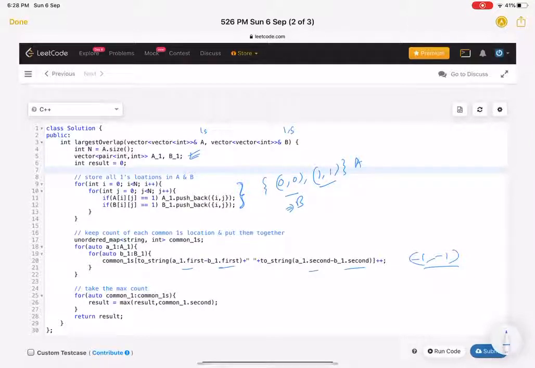You can see by concatenating these strings I am creating a key for the unordered map here and just incrementing it, right? So first I'll get the key -1, then another one, and this comparison will go on n to the power 4 times for the worst case, of course. And then I'm just iterating over the map and taking the max count of it, which will be the result for this solution.